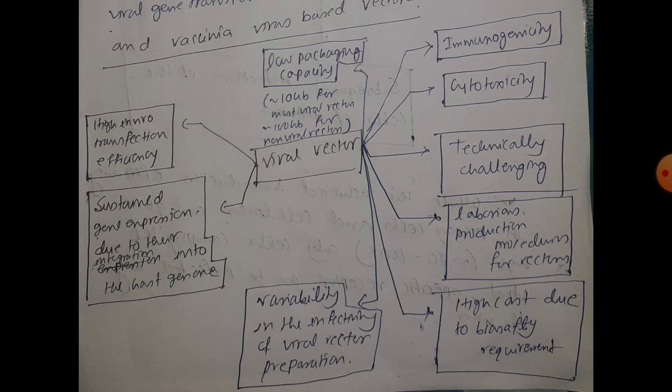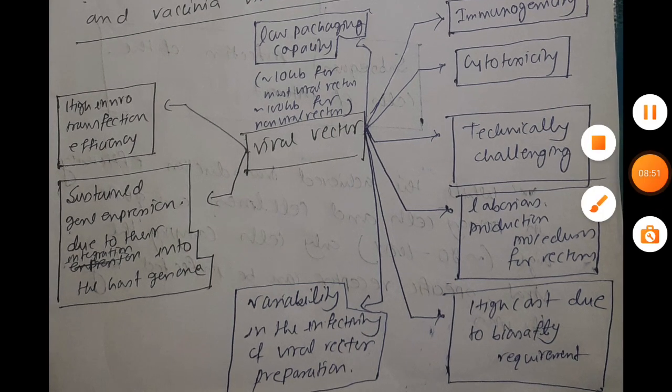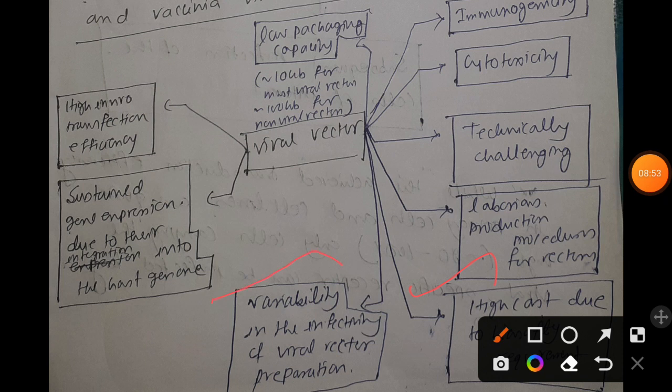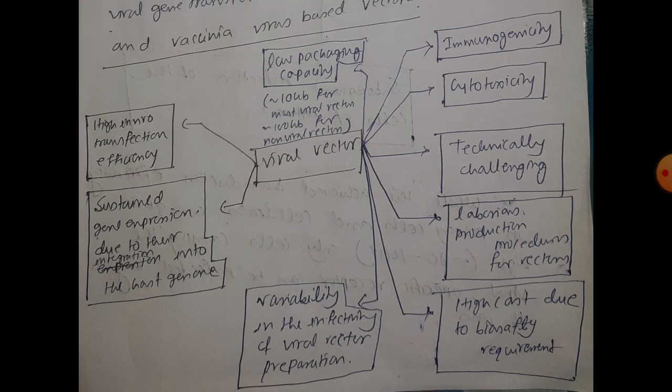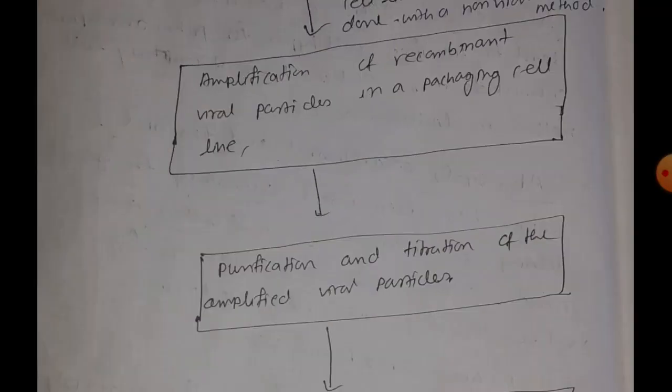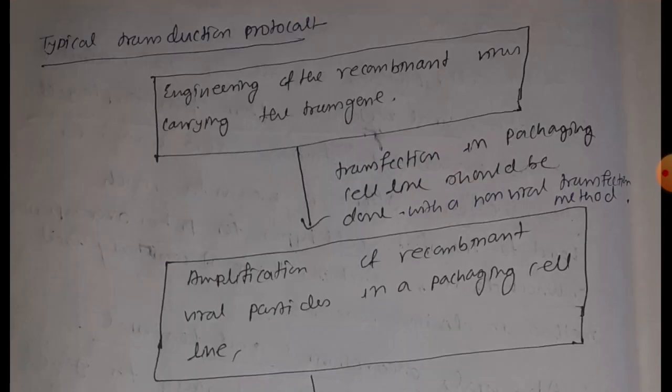It has the ability to provide immunogenicity and cytotoxicity, along with a laborious amount of work required for the production of those kinds of viral vector systems, along with high cost due to the requirement of the biosafety system, along with low packaging capacity. Okay, so now let's move to the next slide, where we are going to discuss a skeleton of a